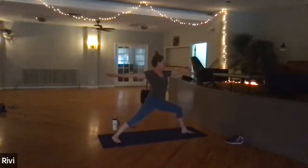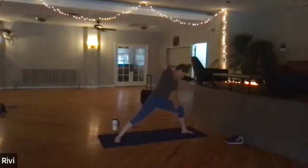And then begin to bend that left elbow, make that lowercase t with the left forearm and the left thigh. Right arm reaches up and over. Modified extended side angle. So just like we did earlier, if you look down at the left foot, it's very grounding. So if you're feeling your balance is a little off, it's a great place to look. If you're ready to open up the chest a little bit more, look up at the right upper arm,